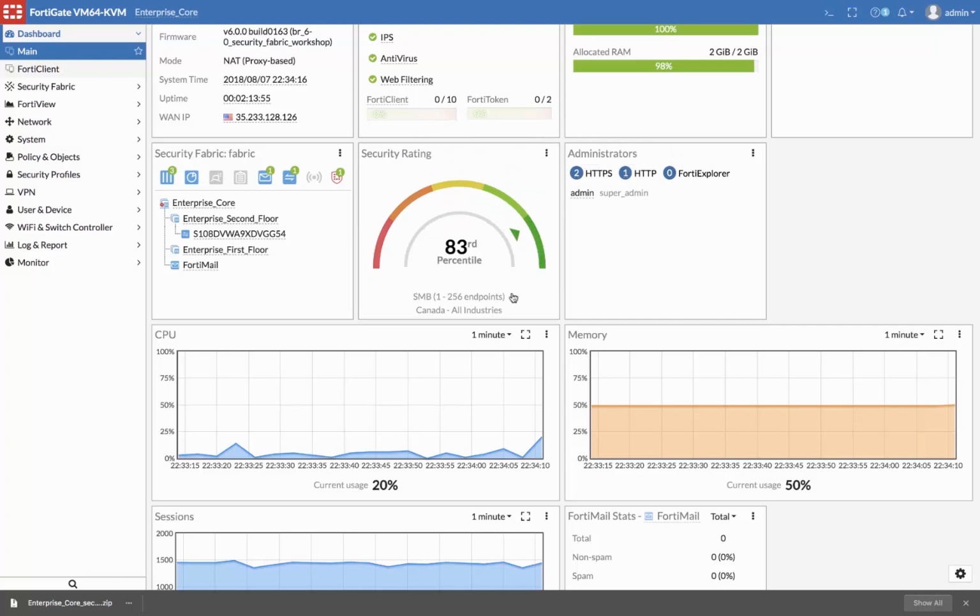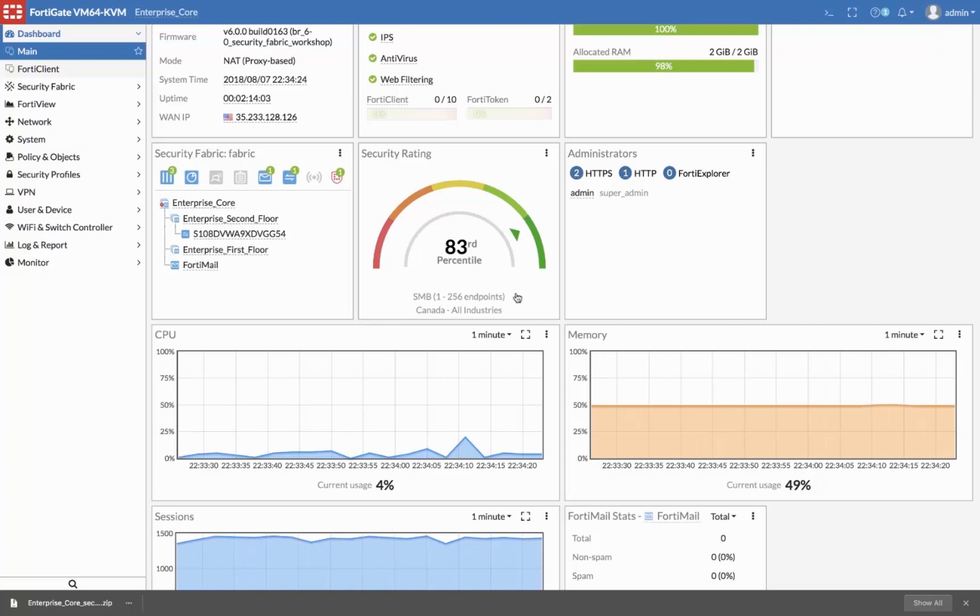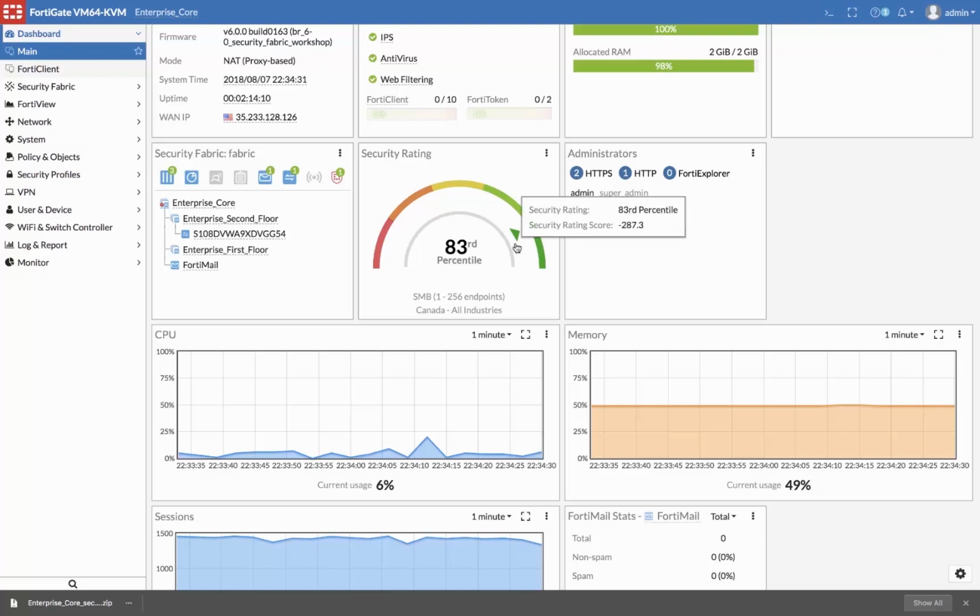This security rating widget gives you the indicator of how your security rating is improving over time. The score itself is not as meaningful as how you stack up to other companies using the same service. You want to be in the top percentile here, as it indicates that your security rating is more mature than other